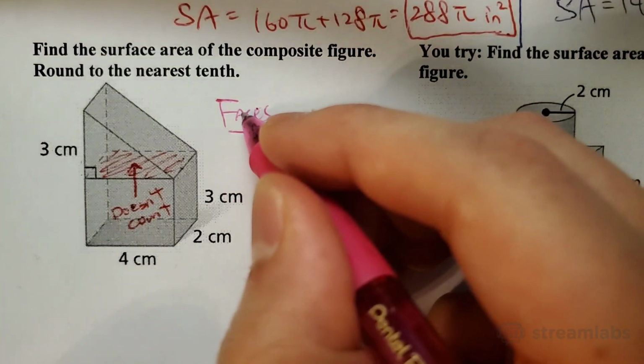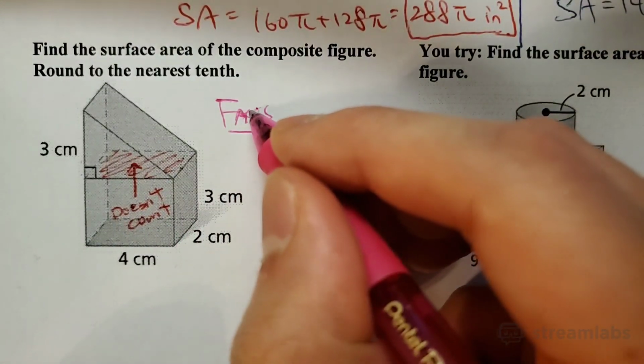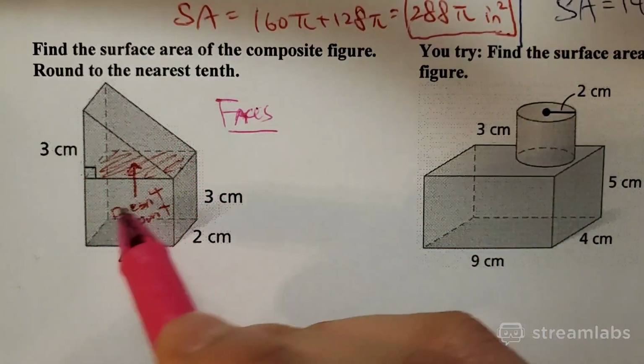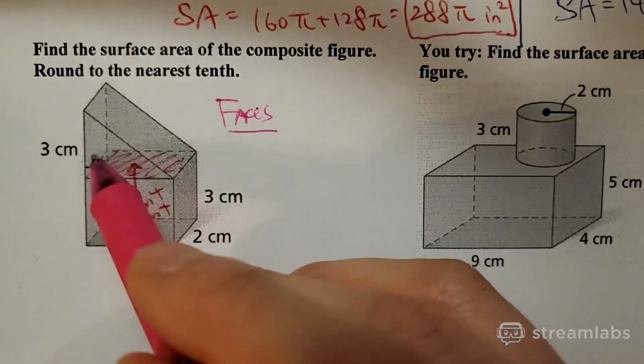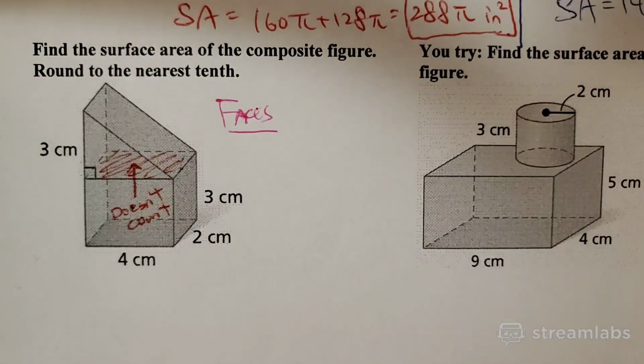The previous period also wondered if you can use a formula for this. You can, but once you use the formula and add them up, you have to subtract this middle part twice, okay? But that's a lot of work, and it's really hard to check if it's right or not. So I'm going to